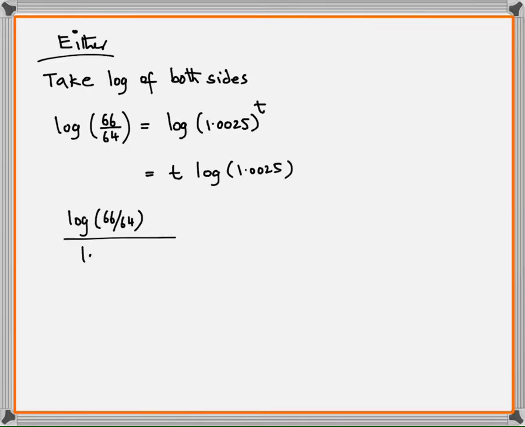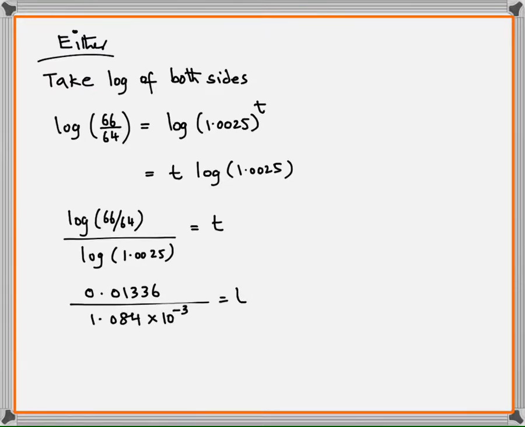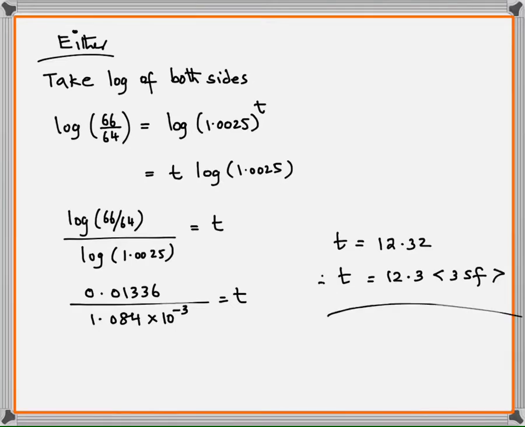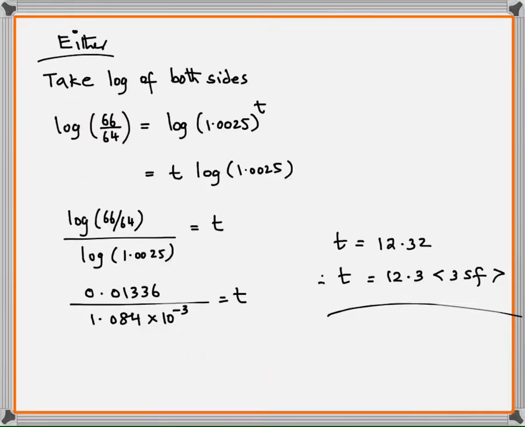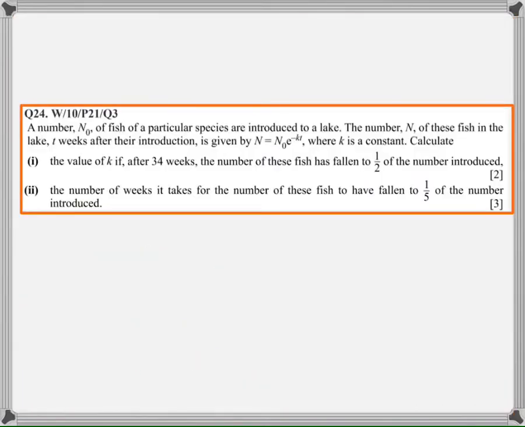So make sure brackets are applied when using a calculator. Make it the subject first, then use a calculator. Or simplify the numerator separately to 4 SF, and simplify the denominator separately if you're uncomfortable. So T comes out to be 12.3 years. 12.3, whatever the unit is. Take ln of both sides, the same kind of working. The values are different, but the final answer is the same. The value of this numerator and that numerator is different. The value of this denominator and that denominator is different, but the final answer is the same.